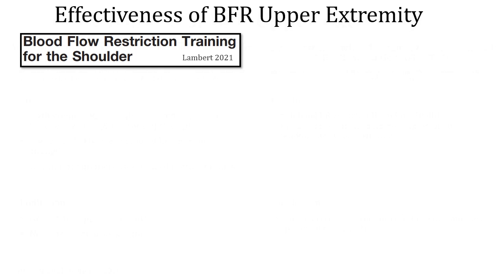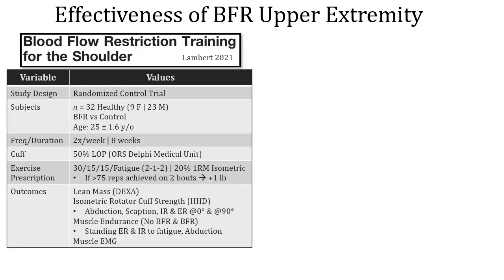So Lambert in 2021 looked at blood flow restriction training for the shoulder as a randomized controlled trial of 32 individuals, young again, 25 years of age, plus or minus 1.6 years. They performed the exercises 2 times a week for 8 weeks, 50% limb occlusion pressure using the Delphi unit. They used a 30, 15, 15 fatigue